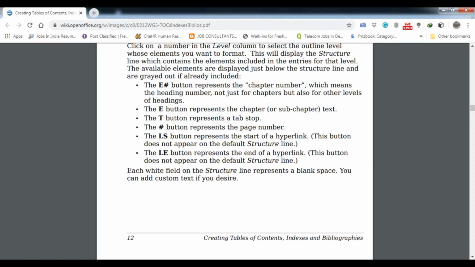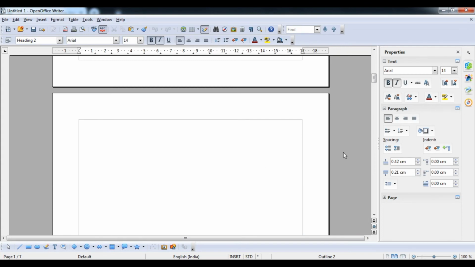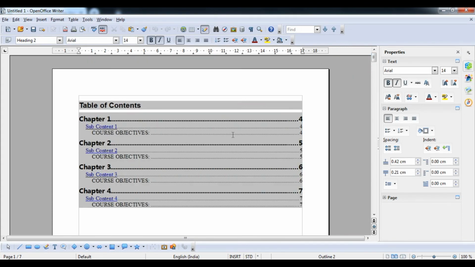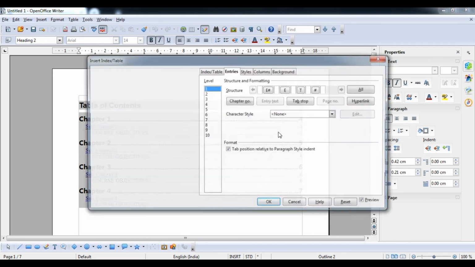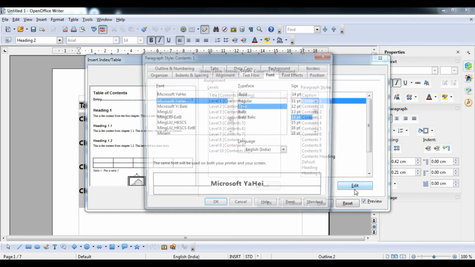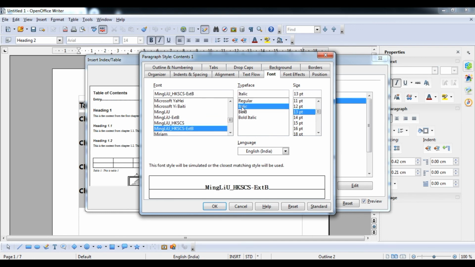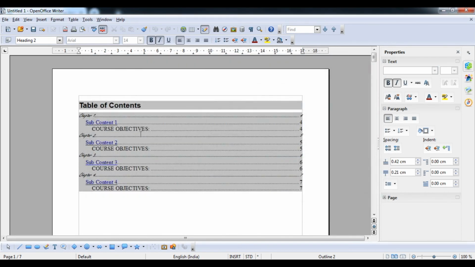I have taught this already, students. So how to do this? Same thing, you just go to the entry, right click on it, Edit Index Table, go to Style, select any content, and then click the Edit button. Make sure you select the font, and you can change the style that you like. Then you can decrease or increase its size, italic, whatever, it's up to you. I will make some changes that look different for you, like this, and then press OK. Now you can see in the background this has been changed.